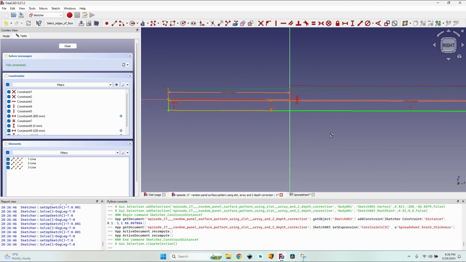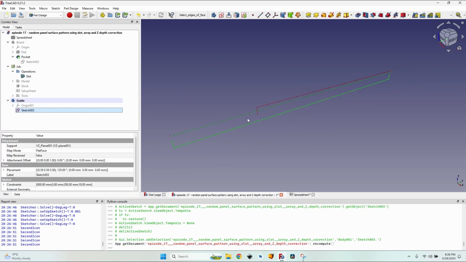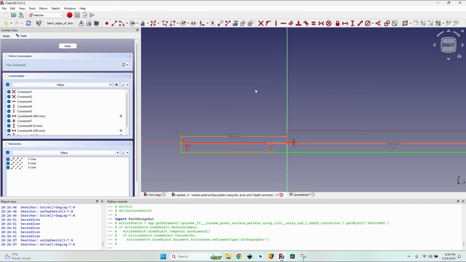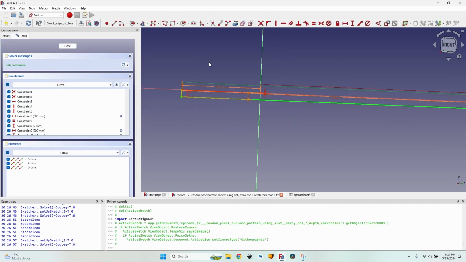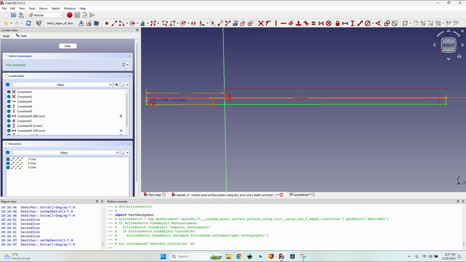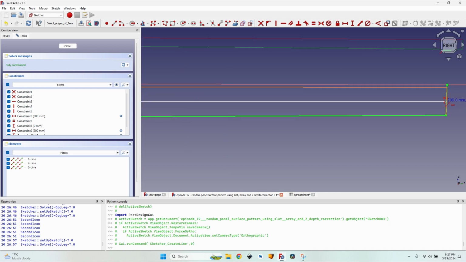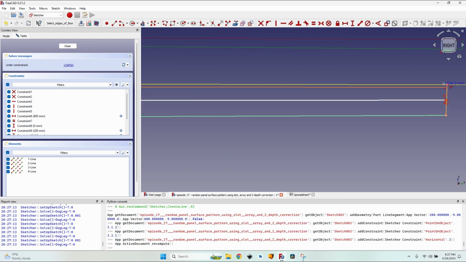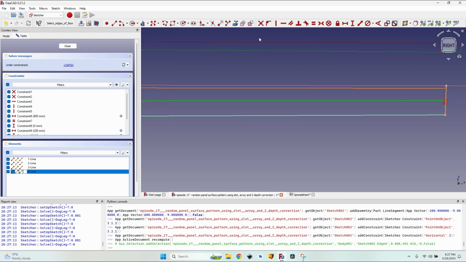And now the sketch is fully constrained, but if I close the sketch you can see that I'm missing the most important part, the one that is going to be the guide. So let's just go here and I will create a helping line starting from this left edge to the right edge. I will zoom in and make sure it is point on object, and I will select the line and